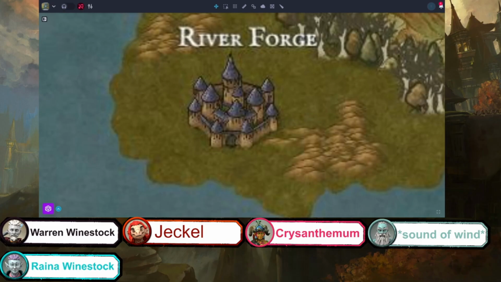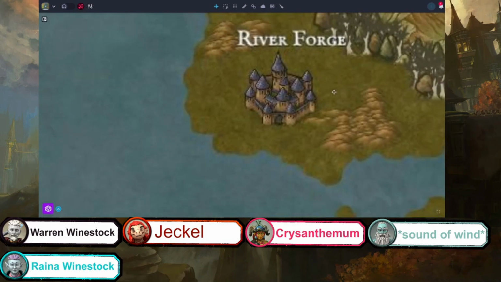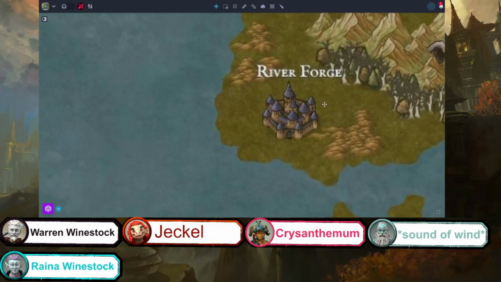you feel a tap on your shoulder, and behind you is a red dragonborn who is wanting to have a conversation with you. And he explains to you that he thinks that you're Chrysanthemum, and you're the person he's been looking for as a conduit of great power, magical power, as he seeks to expand his knowledge. And I'm gonna leave you guys there for a second. Reyna and Warren, you have landed on a port in River Forge.